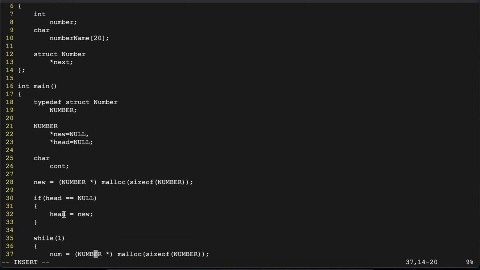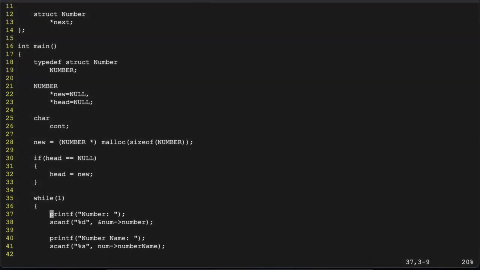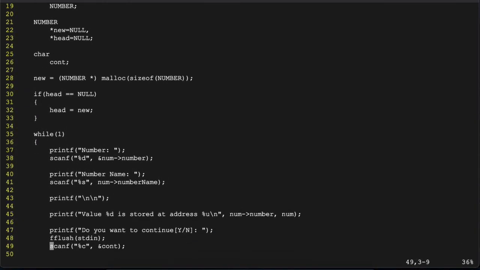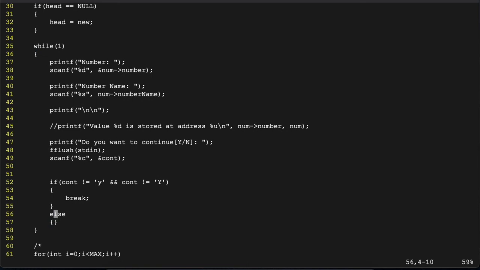Okay, the node is the set of elements of the struct. Now I don't need this allocation, so it's fine. Now I also don't need this line, and in the else